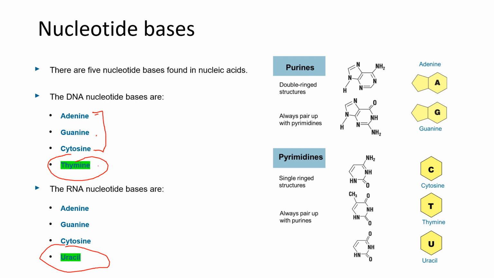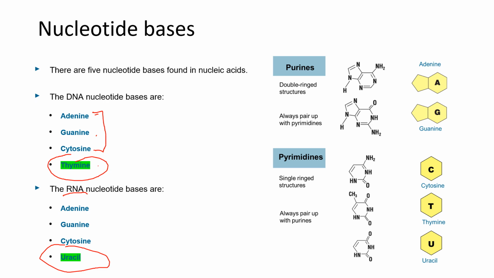RNA is our single-stranded replica of DNA. We use RNA because DNA can't leave the nucleus. If we want some instructions to leave the nucleus to go out and build proteins, we form